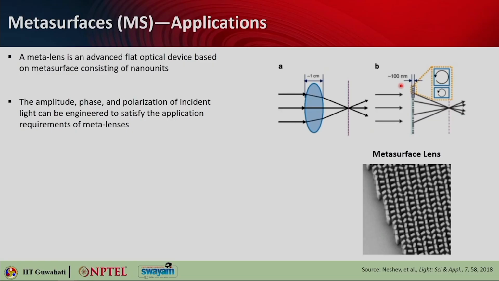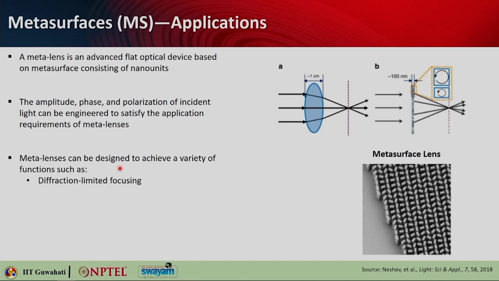How does a metasurface work? The amplitude, phase and polarization of incident light can be engineered by the meta atoms' interaction to satisfy the application requirement, and that is how metasurfaces can be useful. Meta lenses can be designed to achieve a variety of functions, such as diffraction limited focusing, so you can focus on a very tiny spot. Then you can go for high focusing efficiency. Also you can go for aberration